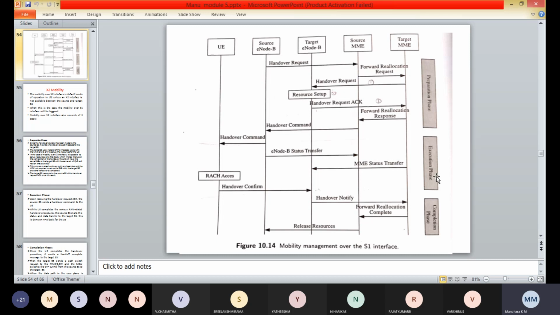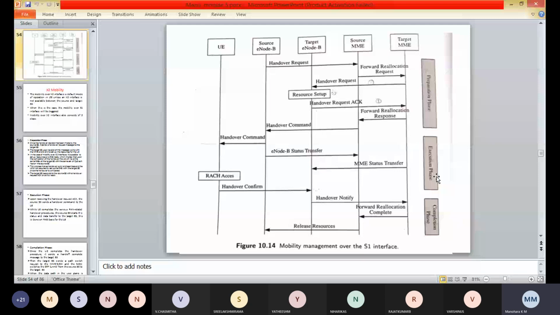So this is about the mobility management over the S1 interface. Here we have three phases: the preparation phase, the execution phase, and the completion phase. In the preparation phase, once a decision has been made for the handover and a target MME